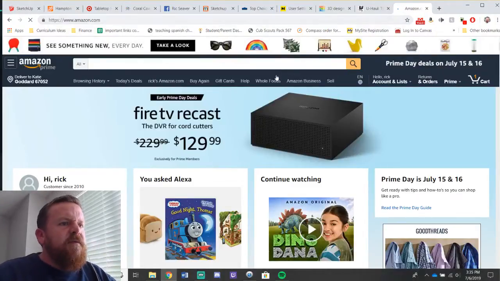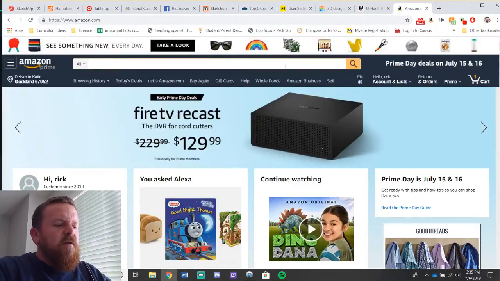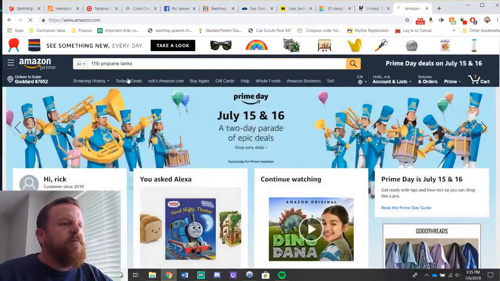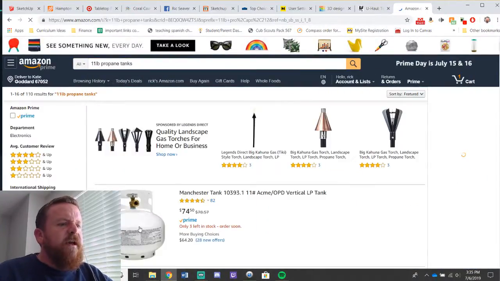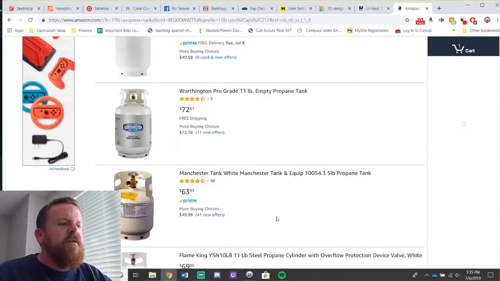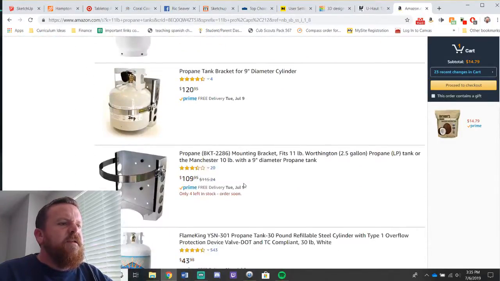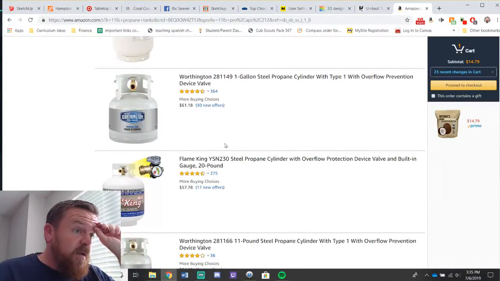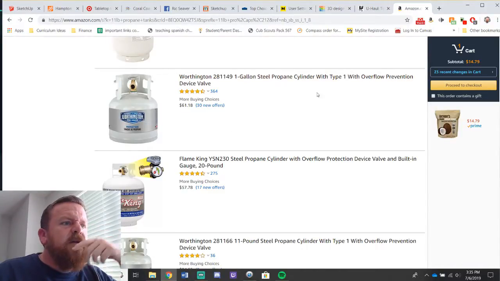Okay, we'll go to Amazon and we'll look up an 11-pound propane tank. Yeah, there we go. $75. What in the world? $120? Why? I don't need that. Okay, that's a 1 gallon. 1 gallon?